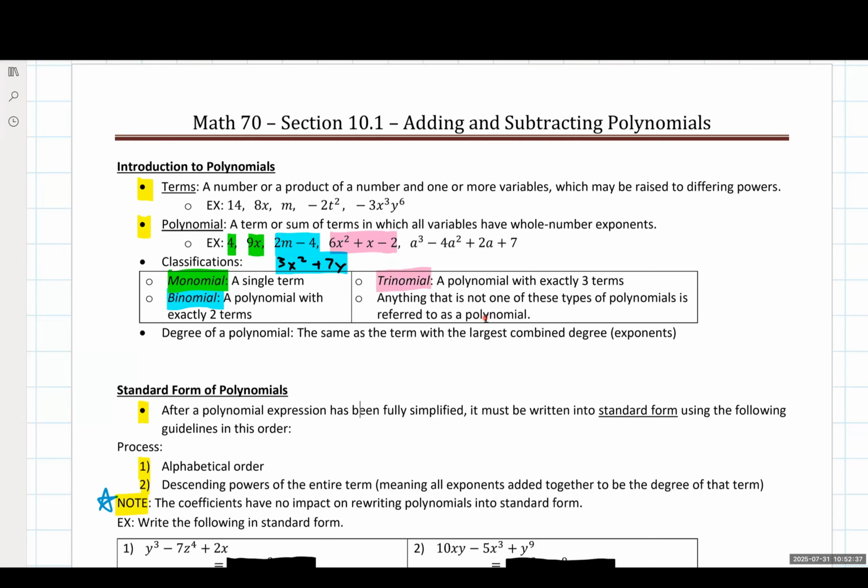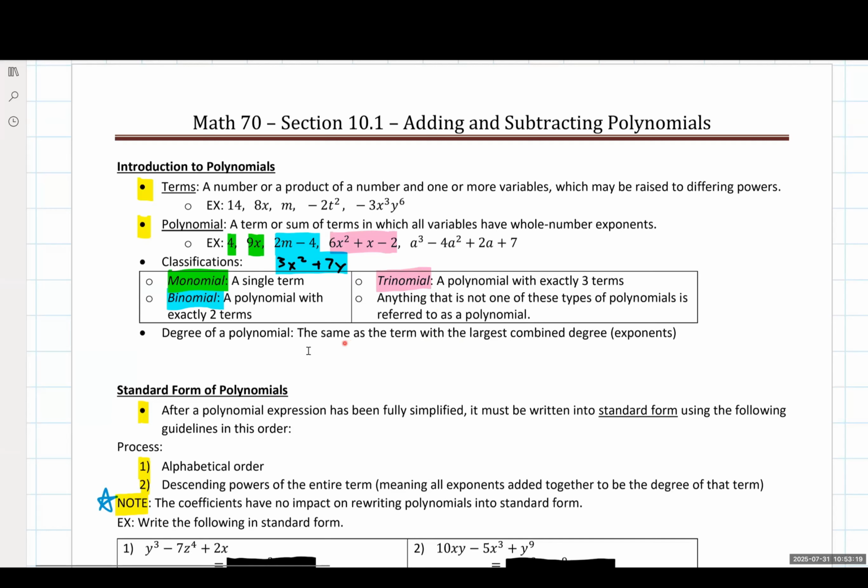So the three terms that we're going to see most commonly are monomial, binomial, and trinomial. Anything bigger than that, you can go look up on your own. I'm not going to require you to know those or be familiar with them. The names get ridiculous, but we don't need to worry about that. And all of these are under the umbrella term of all being considered polynomials. So a lot of terminology there, but just noting that we've got things with one term, two terms, three terms, and technically more than that. But they're all polynomials at the end of the day.